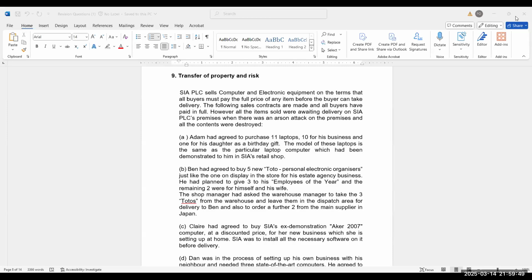The intention of the parties, yeah, that has to be. So you're saying he bought 10 for the business and one for the birthday of his daughter. Is it this question? Adam agreed 10 for his business, one for his daughter. Ben agreed to buy. Yeah, yeah. So even if we're going to say this is wholly for a business sake, and we're going to